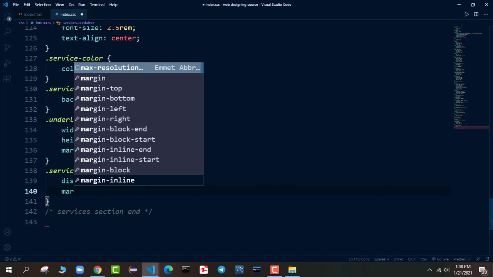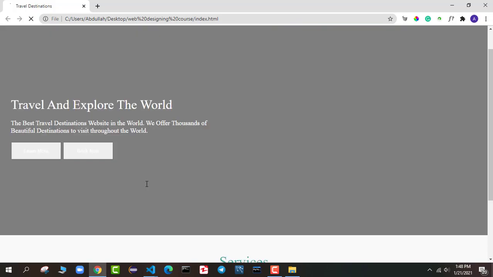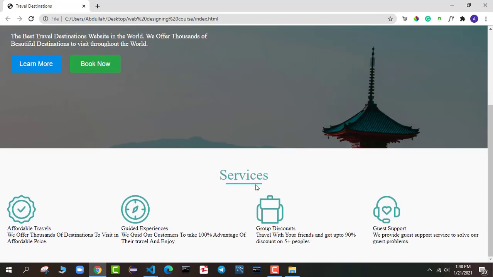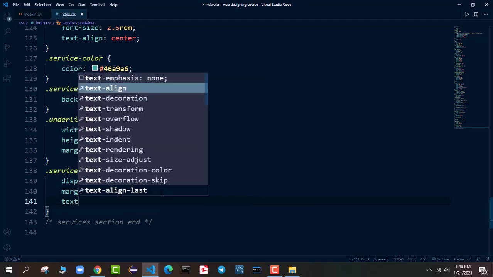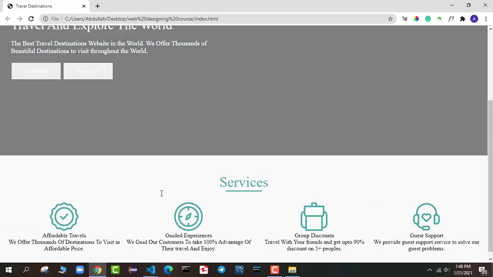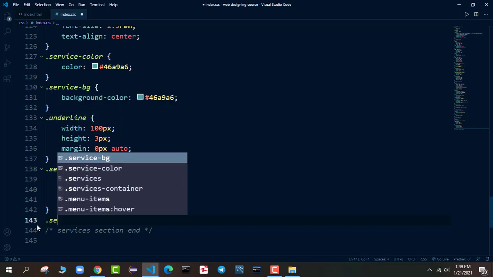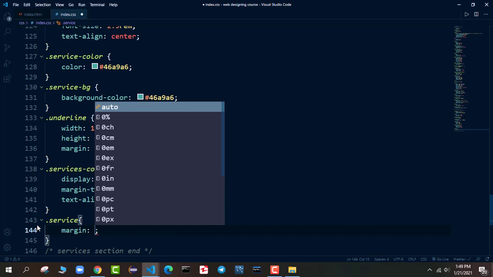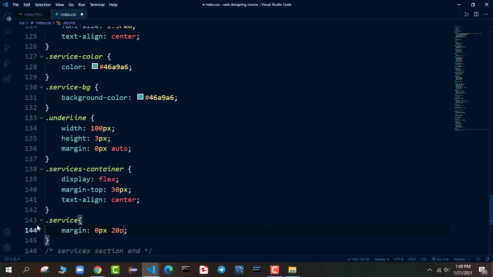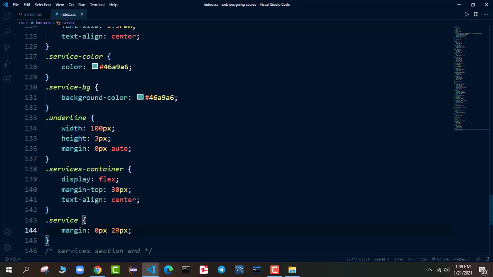After that, I will say margin top 30 pixel, so they will get a bit of margin from the top. Then I will say text align center. So everything inside this services container will be aligned to the center. Now here I will say dot service, and if I give them margin top bottom 0 pixel, but left right 20 pixel, they will have a bit of margin, and now they look perfect.